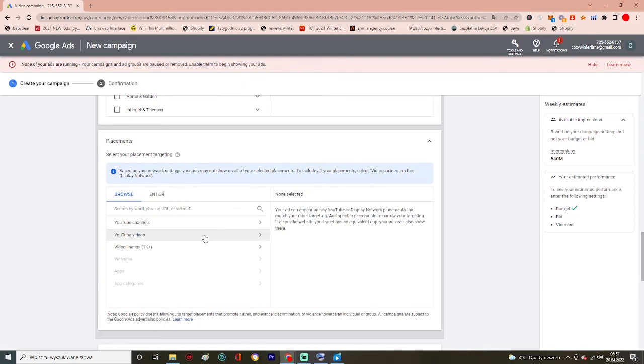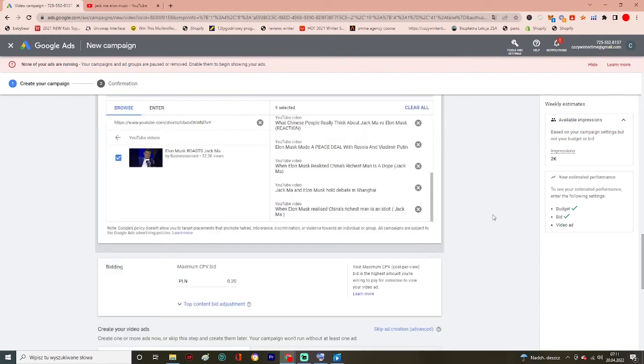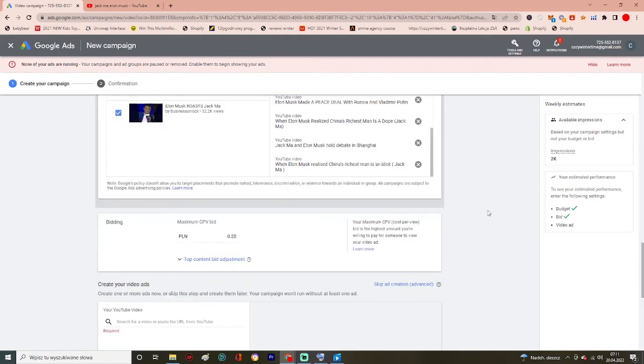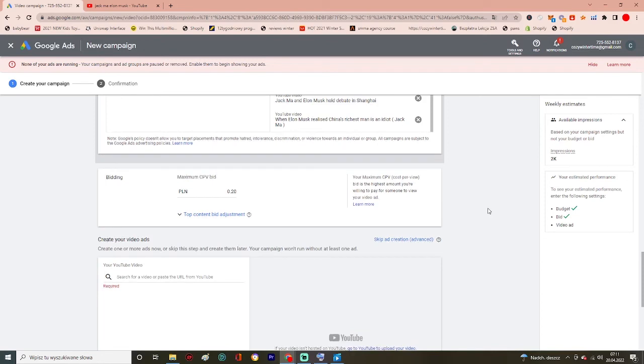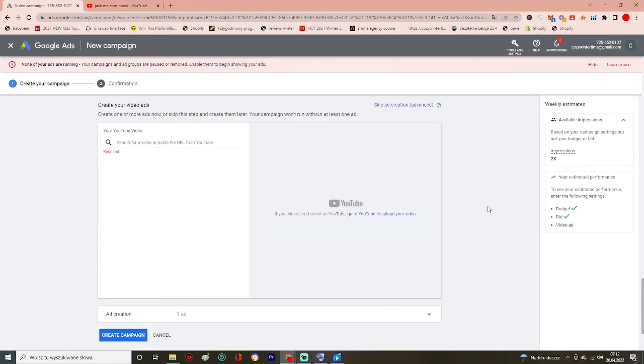So I'm going to click on YouTube videos and just paste the link right here, and I'm going to select the minimum bidding of 20 in Polish currency, which is about 5 cents, which actually would be cool, because I used to run the maximum CPV bid of 5 cents and the campaign was pending. So right now you just need to paste your YouTube video,